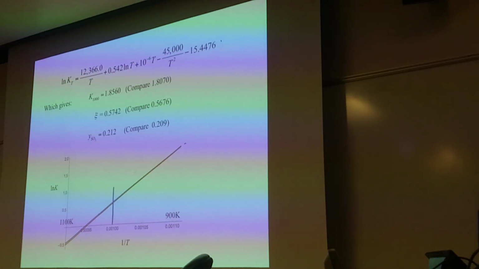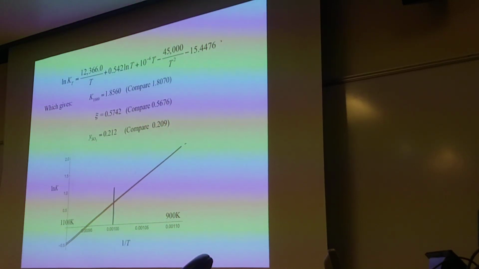When you get up to still higher temperatures, then the difference will start to diverge and become more and more important, as you would expect. So this gives us a good idea of how important it is to account for these temperature changes. The take-home is that for small molecule reactions, you can usually get away with quite a bit by assuming just constant delta